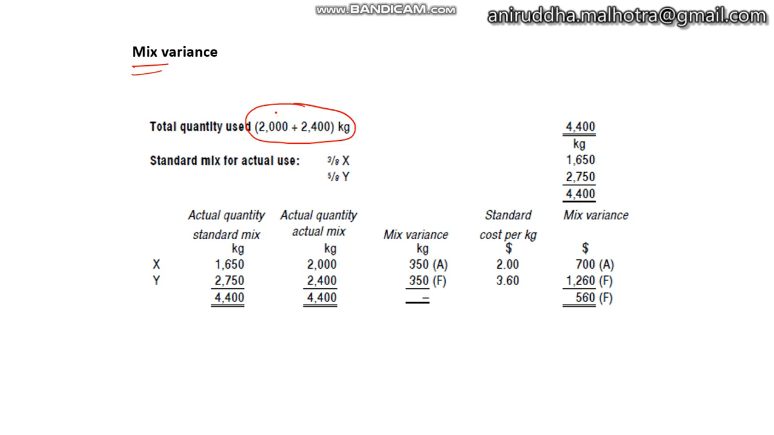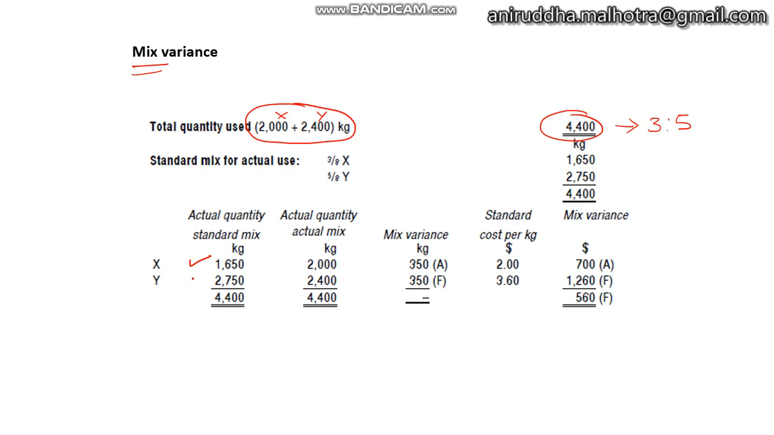So we used 2000 of X and 2400 of Y. That means we used a total of 4400 kgs. So what we do is we simply split this 4400 kgs into the standard ratio, that is 3:5, and then compare it with the actual mix that we have used, that is 2000 and 2400. So when you split 4400 into 3:5, you get